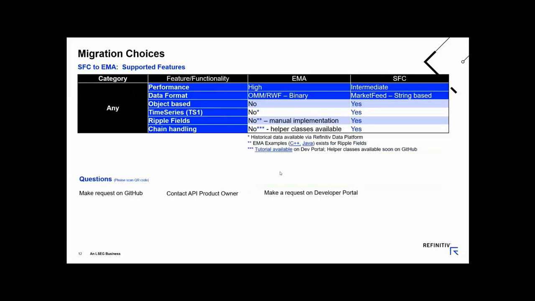Here, what I'd like to do is call out some things that you might find as missing from the strategic APIs. That would be time series data. But what you are getting by going to RDP to get the historical data is a much more feature-rich data set, and it's a simple REST request response. So that could be in your application written to EMA. If you are using RSL fields or chain handling, with RSL fields we do have an example code within EMA that shows you exactly how to get an equivalent.